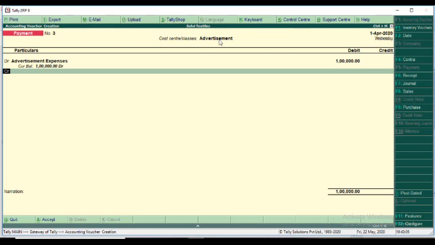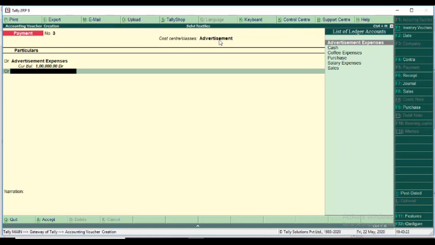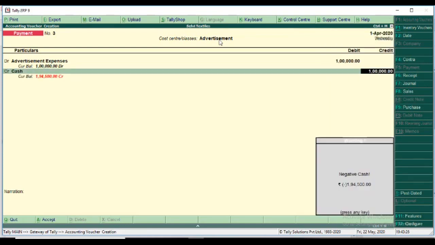But here it does not go to the allocation screen, because this allocation is predefined. So the 1 lakh is easily allocated to all branches from our predefined percentage. Cr is cash 1 lakh.